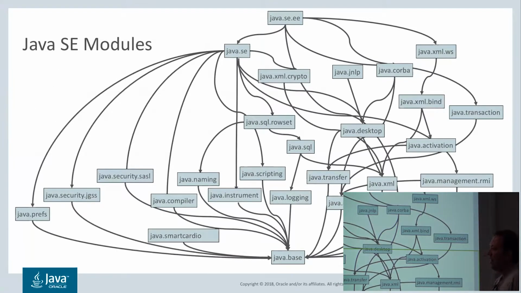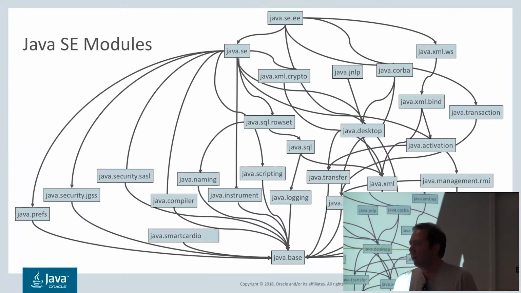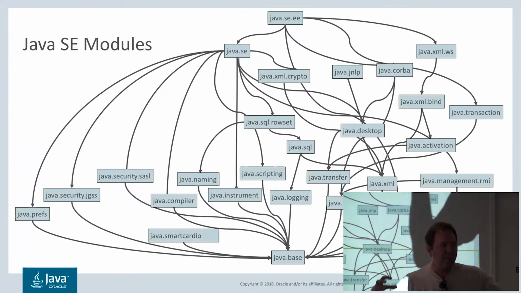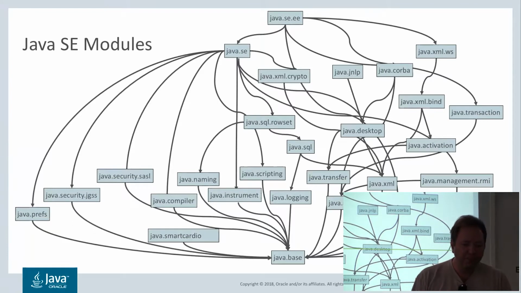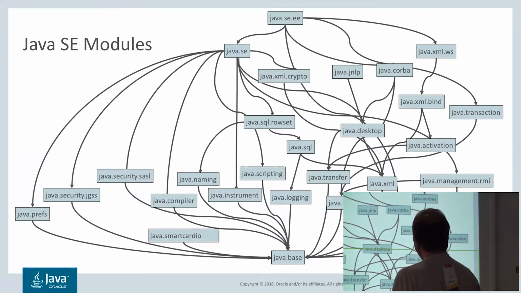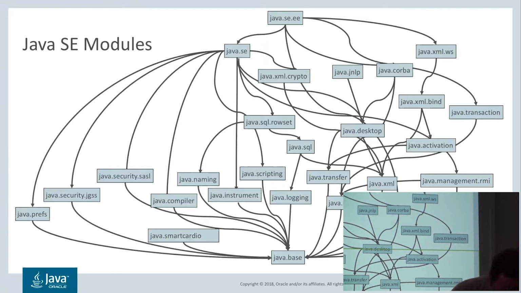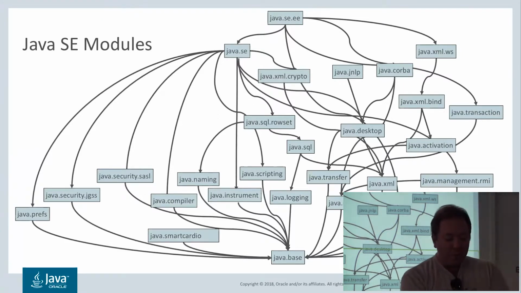So what we did, and this work started, I believe, back in 2006 or something, we started looking at what's actually in the JDK and how can we try to modularize it? How can we try to split it up into smaller pieces and have those pieces build on top of each other? And what we ended up with in the end is a module graph, something like this. It turns out that there are cases where it's really hard to cut out the pieces because we have weird dependencies, but let's not go into details. In the end, we ended up with this module graph.